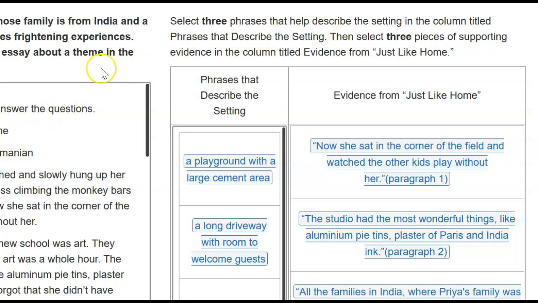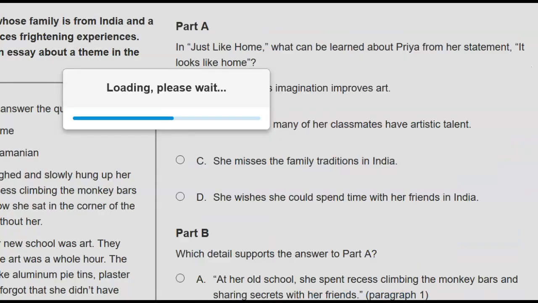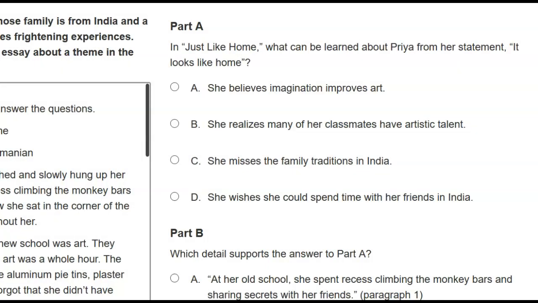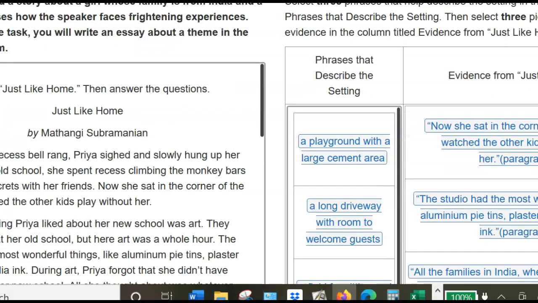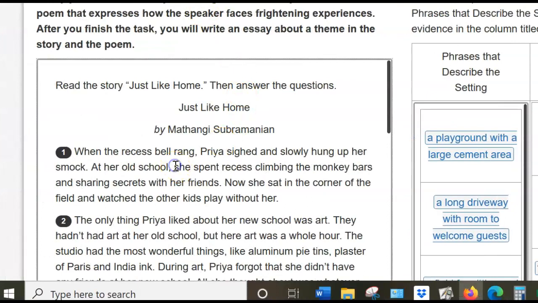which is more questions about Just Like Home. So then we will do the next two questions together. Okay? And so then we'll see, we'll probably do a couple more questions because we already know how to use it. One more thing I want to show you about this is when you click on the story,